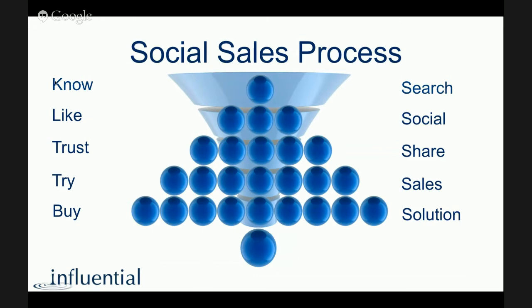And in this case, rather than us waiting for the customer to know us, we're going to choose a set of customers, people that we know from a list, our existing customers, our existing network, and we're going to target them and put them into the top of the funnel here. And then we're going to socially interact with them. We're going to share value and expertise with them and move into our sales process before offering a final solution. But what we're doing in this webinar is really focusing on this sort of first couple of steps, the know, like, because that's how we get people into our sales funnel.